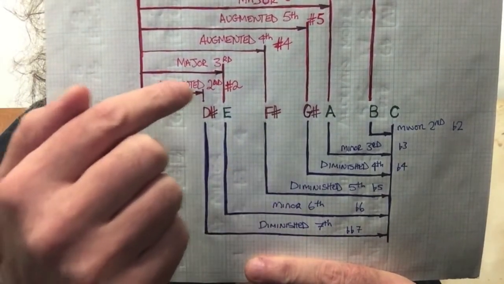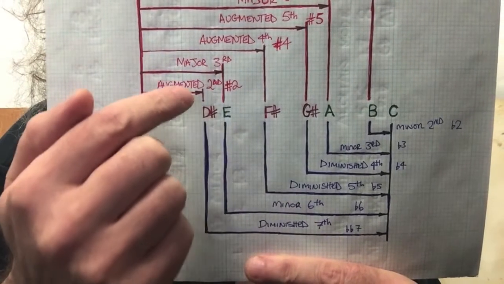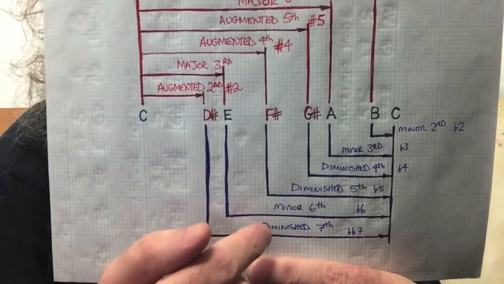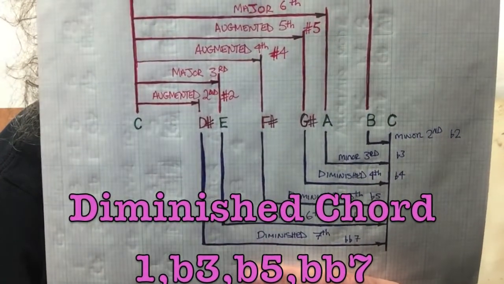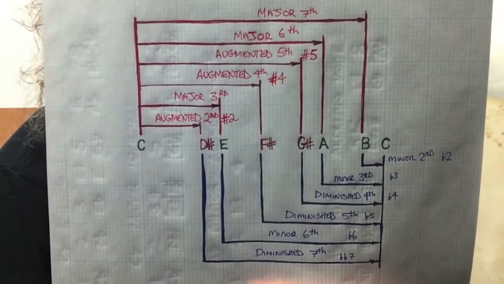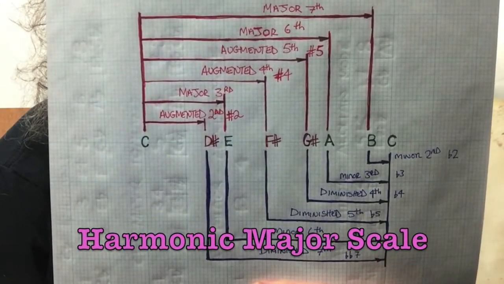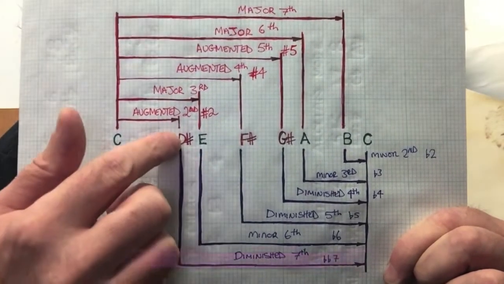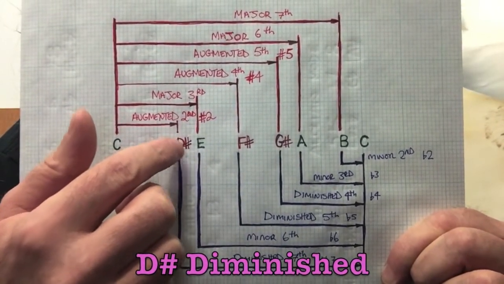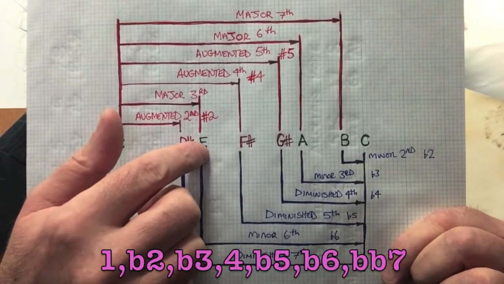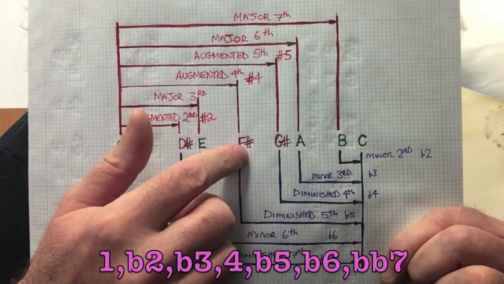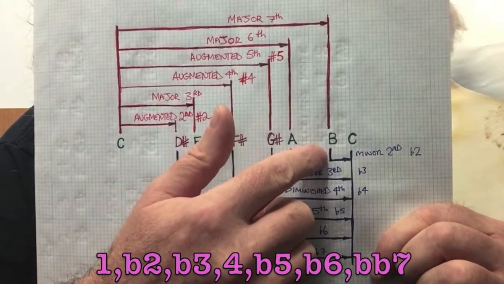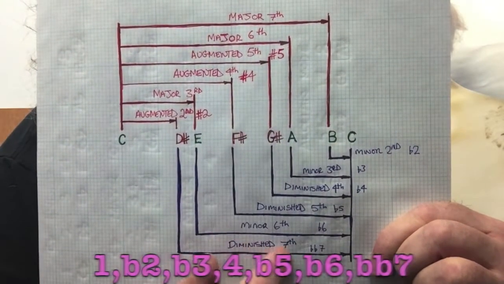So you'll know that one sharp equals 2 flats. One augmented sharp equals 2 flats. The diminished, this double flat 7, is what you see on the 7th degree of the diminished chord. And we know the diminished chord comes from the harmonic major scale. In this case, the diminished is always on the 7th degree of the scale. So that would be D sharp. So D sharp is a root, E is a flat 2, F sharp is a flat 3, G sharp is a 4, A is a flat 5, B is a flat 6, and C is a double flat 7 or